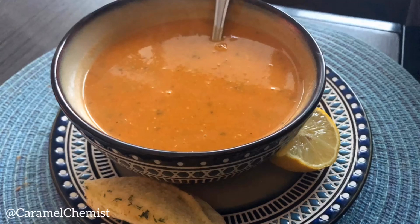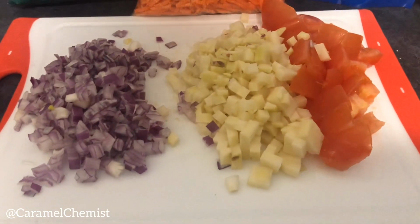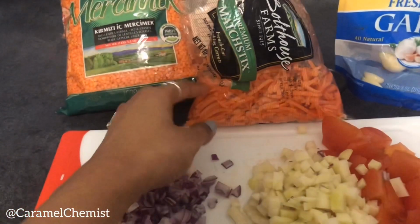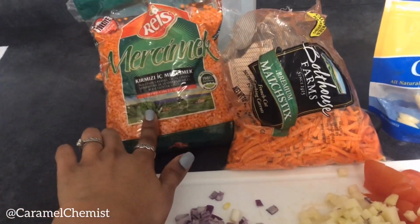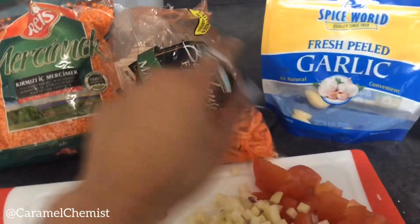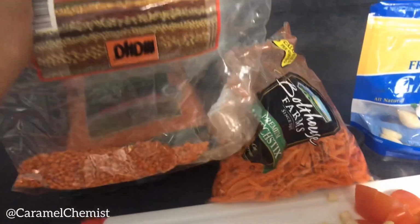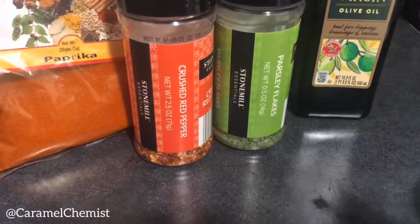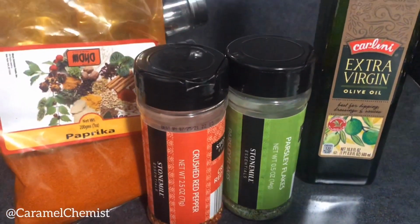Hey guys, so I'm bringing you all-time favorite Turkish red lentil soup. Super easy to make. You're gonna need one red onion, one potato peeled and chopped, one tomato, carrots, red lentils, and garlic. It could be any kind of red lentils. You can get masoor ki dal, which is Pakistani, in Urdu, and you're gonna need paprika, crushed peppers, parsley,